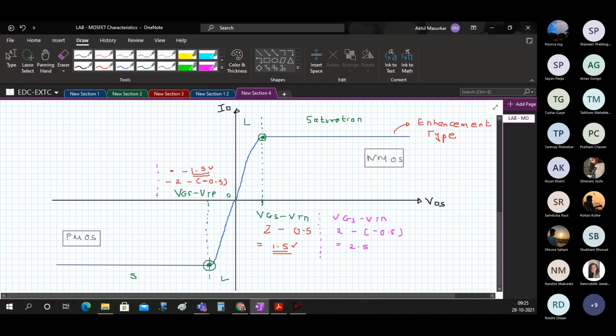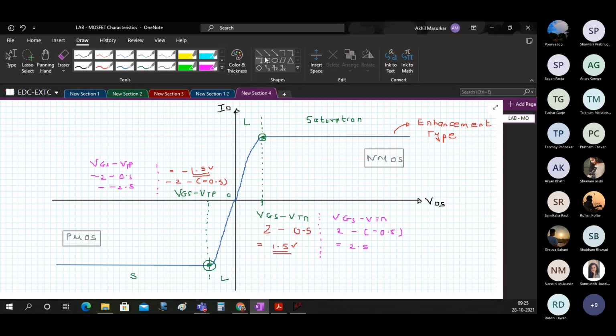And here what will happen? VGS minus VT. VGS is the same, minus 2 minus of, now VTP is positive, so that is 0.5. So this is going to be minus of 2.5. So actually what happens is something like this.